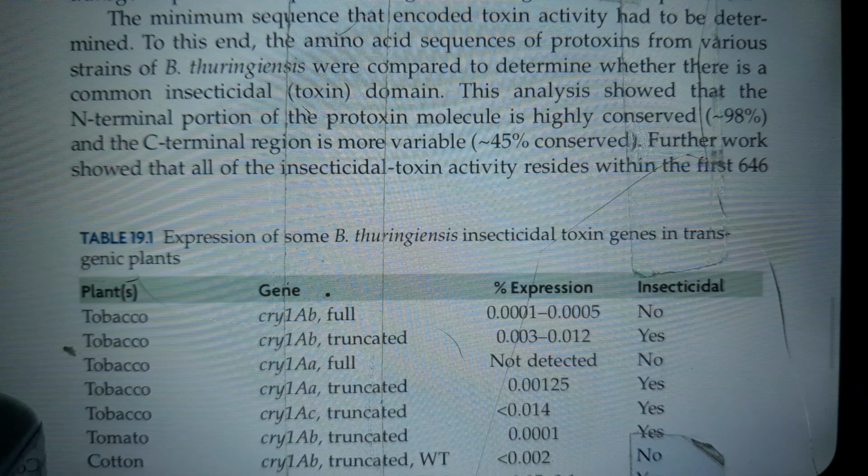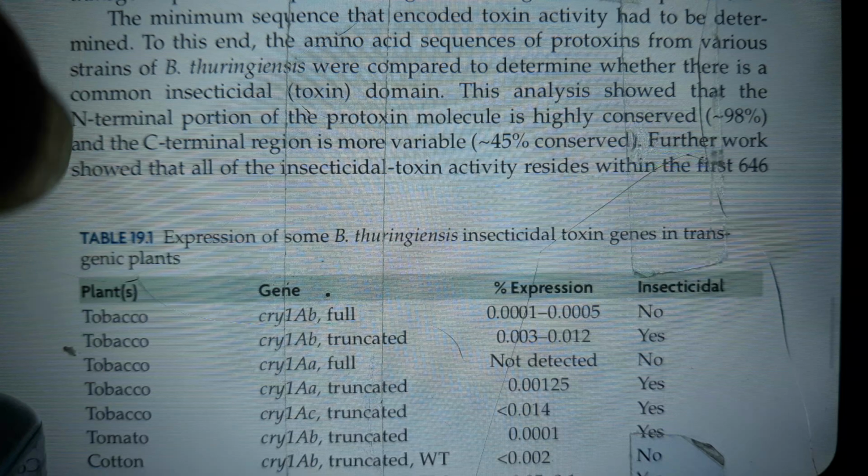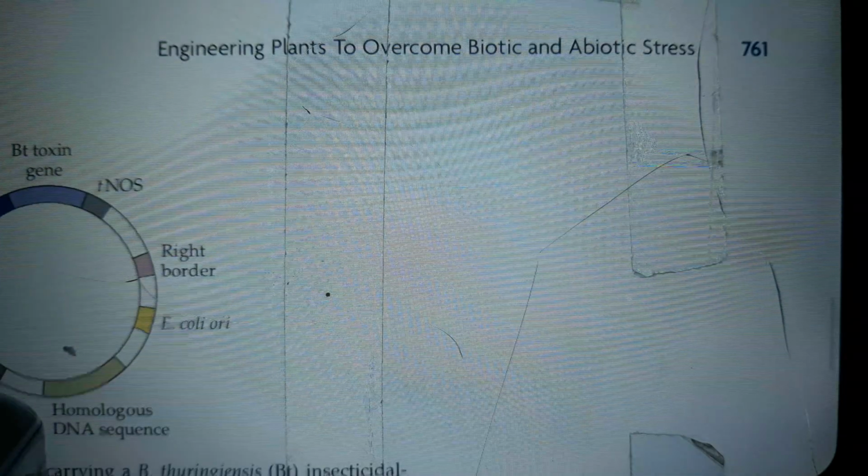The minimum sequence that encoded toxin activity had to be determined. To this end, the amino acid sequences of protoxin from various strains of Bacillus thuringiensis were compared to determine whether there is a common insecticidal toxin domain. This analysis showed that the N-terminal portion of the protoxin molecule is highly conserved, that is 98%, and the C-terminal region is more variable, 45% conserved. Further work showed that all of the insecticidal toxin activity resides within the first 646 amino acids